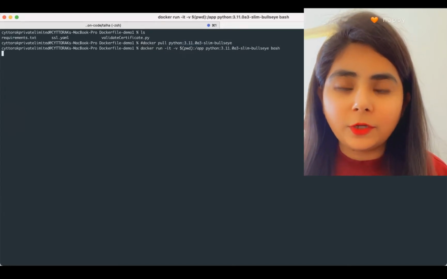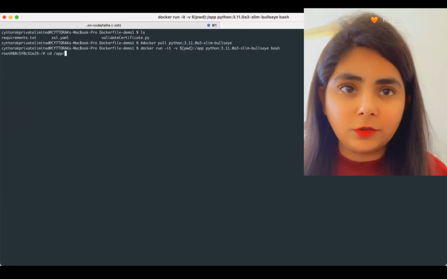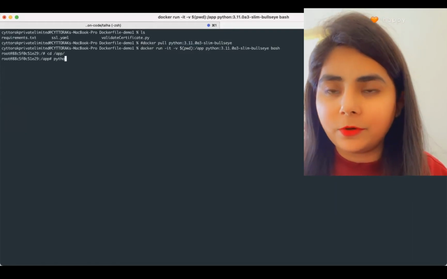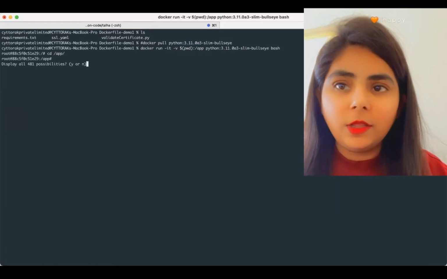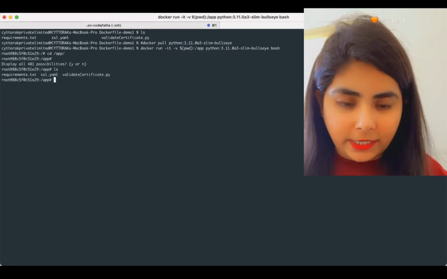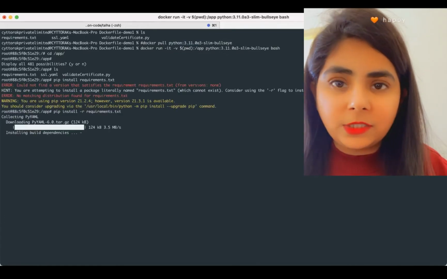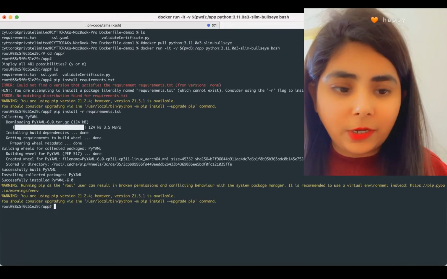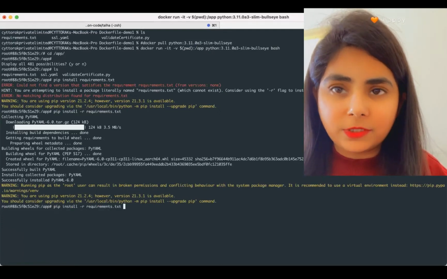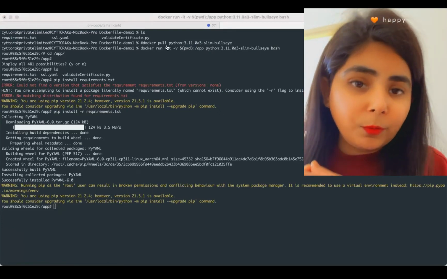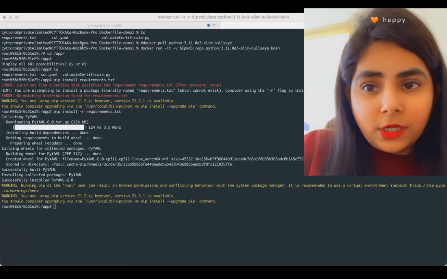So now we have written a docker run command to create a temporary shell. Now what I am going to do is go into this temporary shell, go in the folder where my entire code is. Then I'm going to run my pip commands, which are given to me by developers. So I'm going to just run pip install requirements.txt, which is given to me by developers so that it can